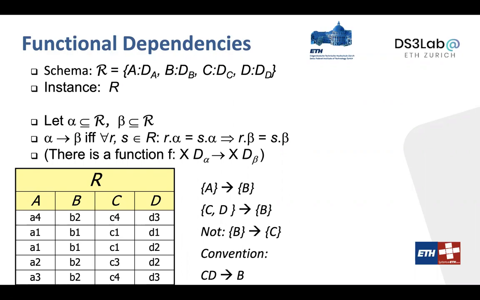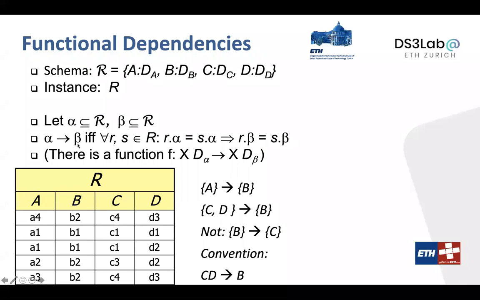That is, if I know the value of a subset of attributes, I uniquely identify all the other attributes. So the formula: if you give me a relation with 4 attributes, A, B, C, D, a functional dependency is between 2 subsets of attributes. For example, you have alpha and beta, 2 subsets. So if there's a functional dependency from alpha to beta,